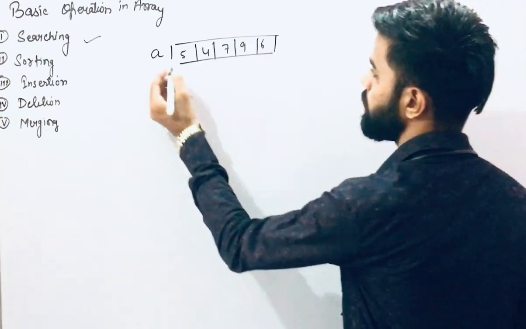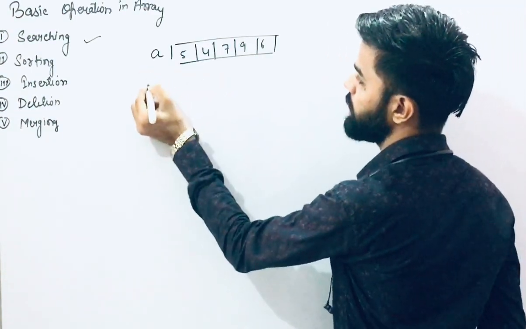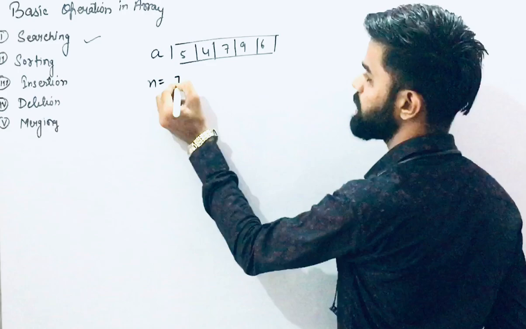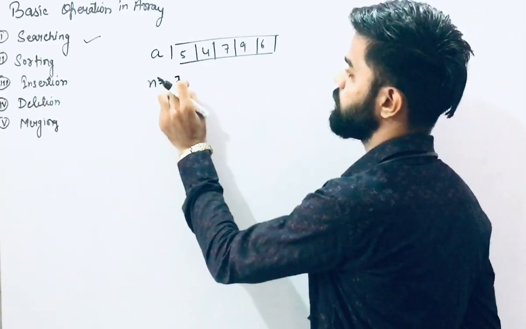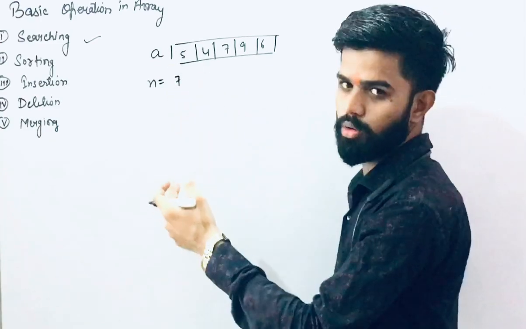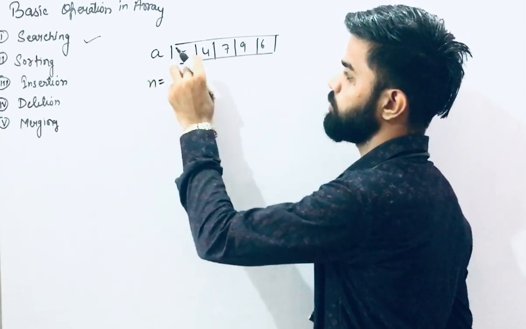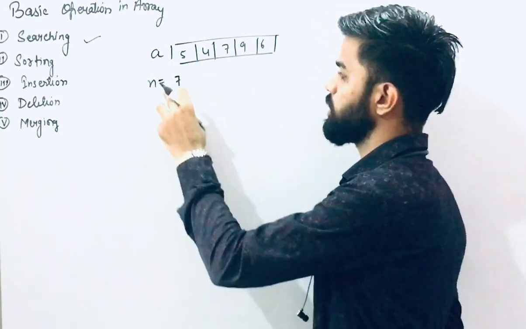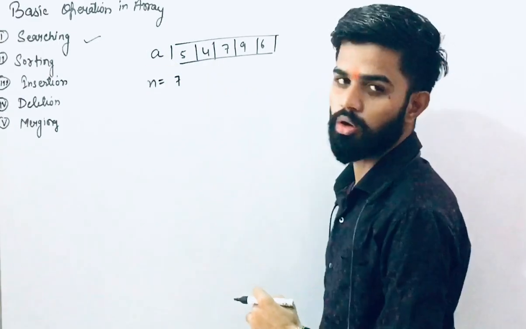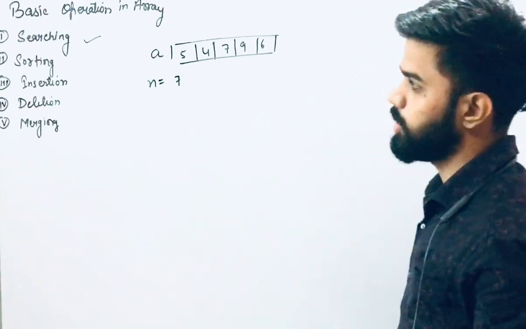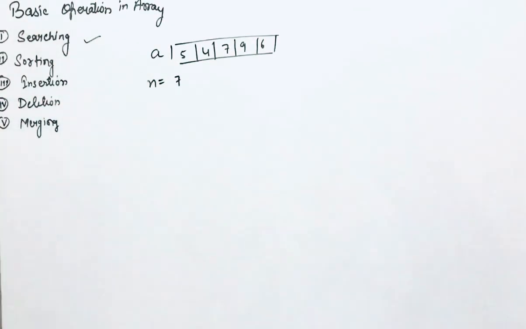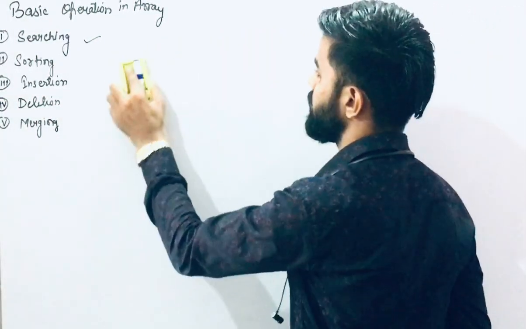So suppose the variable a stores this, and in variable n there is a 7. What we do is check whether n equal to 7 is equal to a[0], which is 5, or not. Means the value of n is compared with the first position of a, or the second one, or third one, or fourth one. So we will continue with searching elements in this variable.